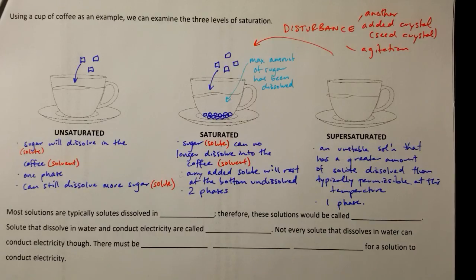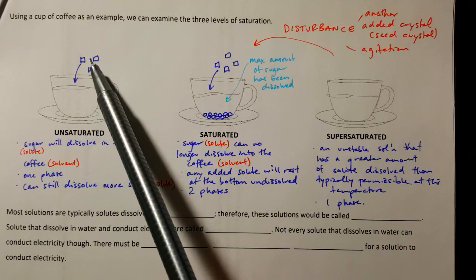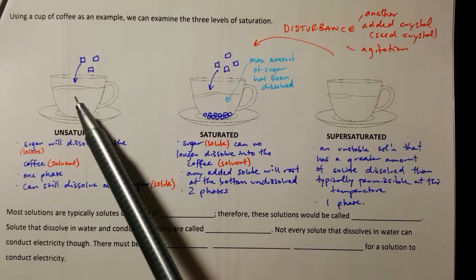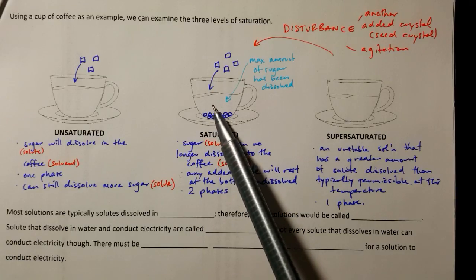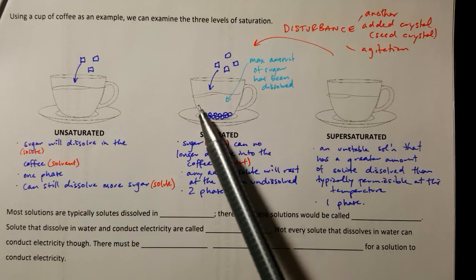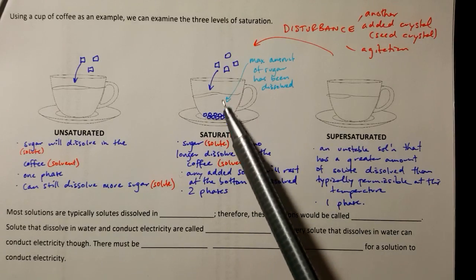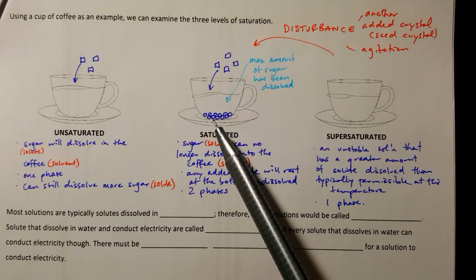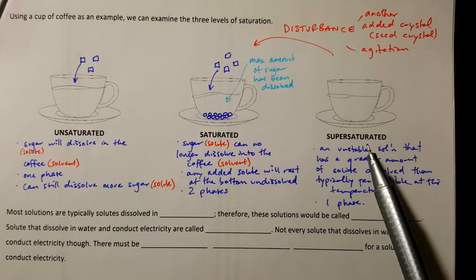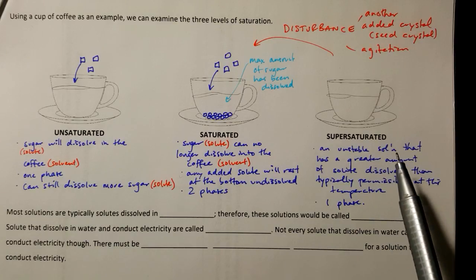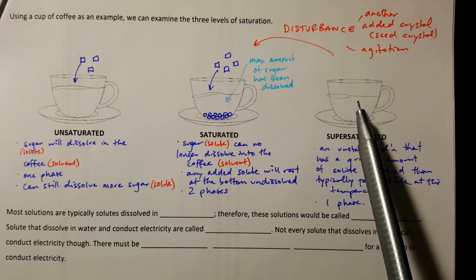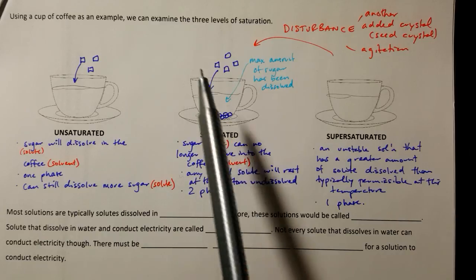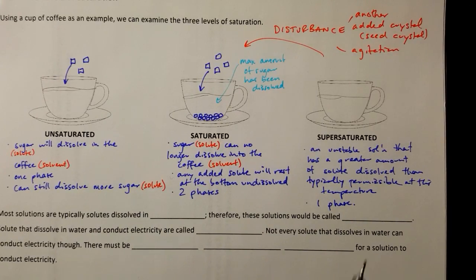So these are my 3 levels of saturation. Unsaturated, where the solvent has the capacity to dissolve more solute, and increasingly so. Saturated, when the solvent can no longer dissolve any more solute. In this example, the maximum amount has been reached, and any added solute will just sit at the bottom. And supersaturated is essentially an unstable solution that through manipulation has a greater amount of solute dissolved in than is typically found at that temperature and can be disturbed to go back to saturated through the addition of a seed